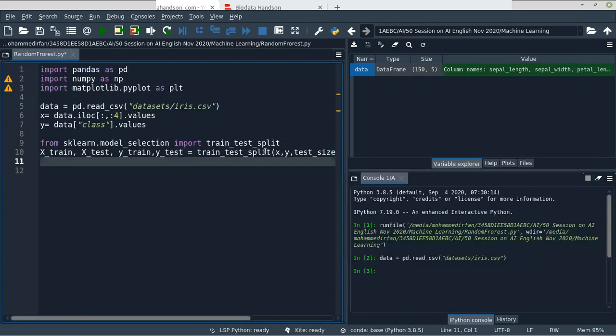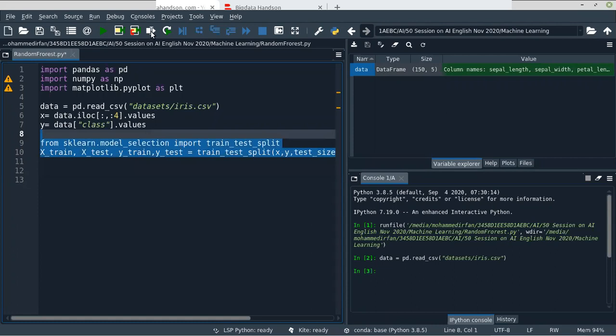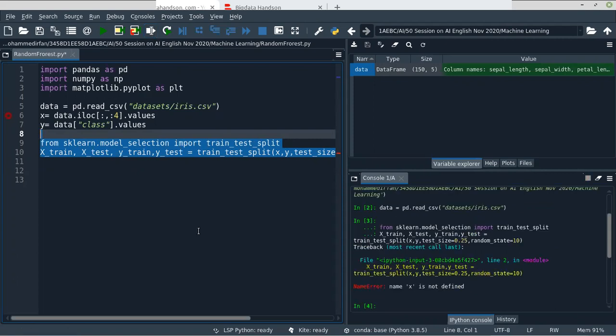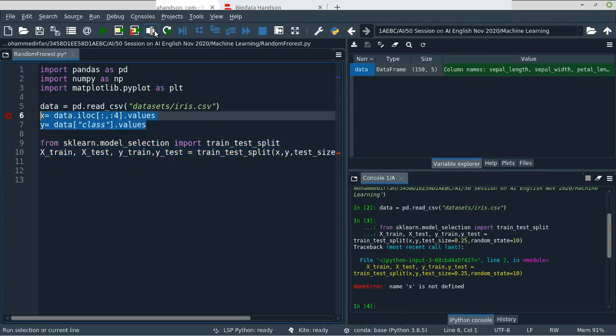Now let's run this. Oh, we don't run these two lines.